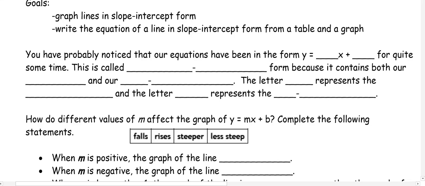This video is about graphing lines in slope-intercept form and writing the equation of a line in slope-intercept form from a table and a graph. So you've probably noticed that all of our equations have been in the form y equals mx plus b for quite some time. This is called slope-intercept form